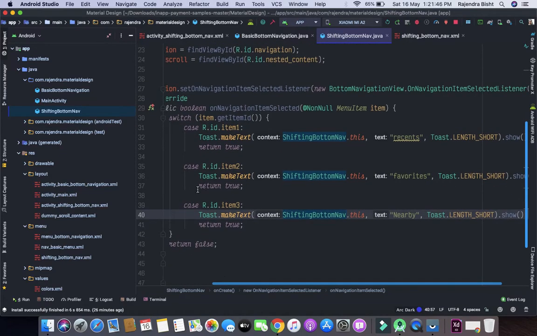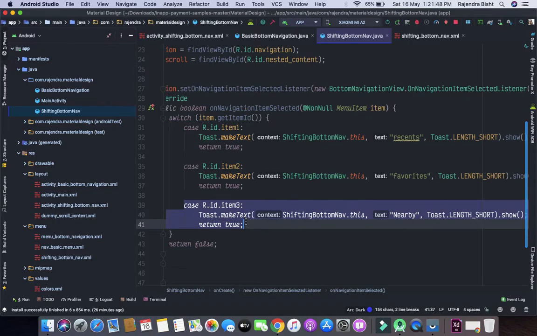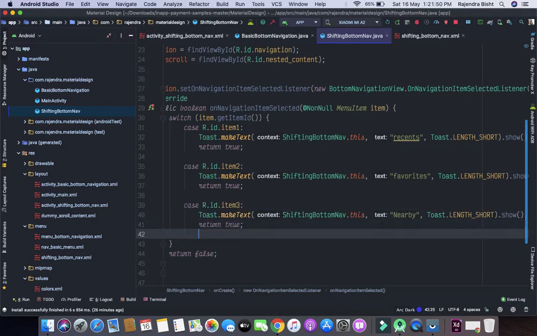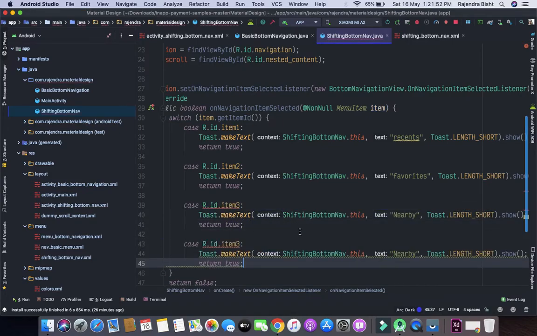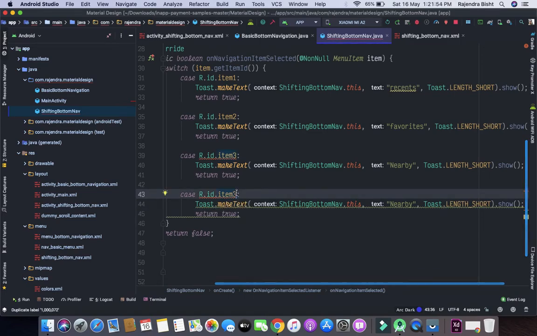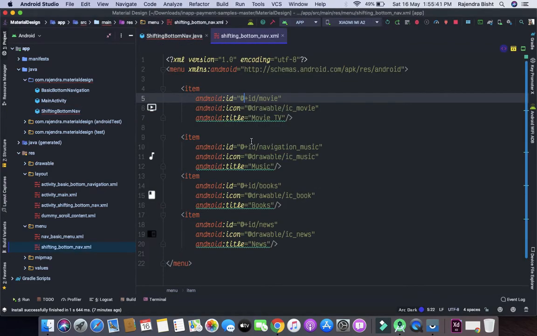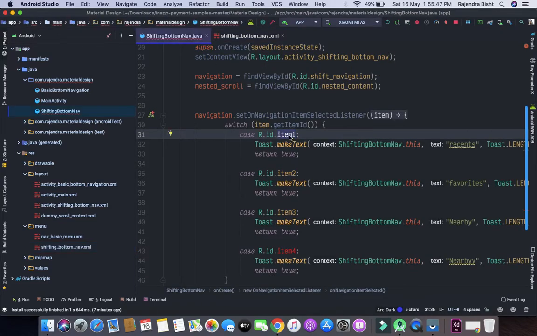So we have 4 menus here. Let's go to the nav menu. Here we have the 4 menu items: movie, music, books and news. Let's add them to the click listener.